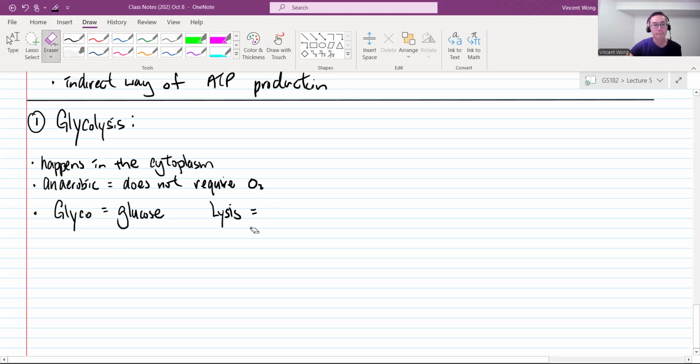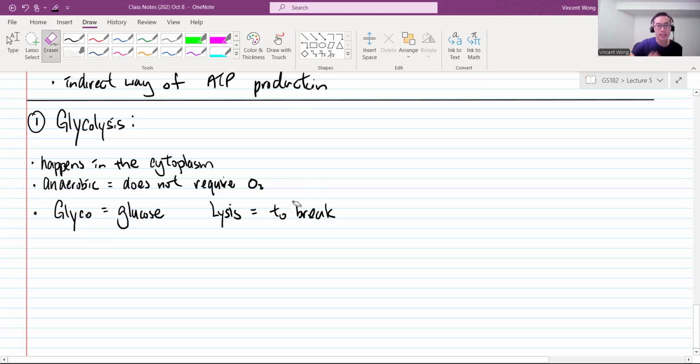Like death or destruction? Yeah, I think you're thinking about the cell popping, right? Like dying. In that context, is that correct? Yeah. Okay, so it's close. Lysis means to break. We learn lysis in hydrolysis, to break something with the addition of water, or when a cell swells up and breaks, we call it lysis.